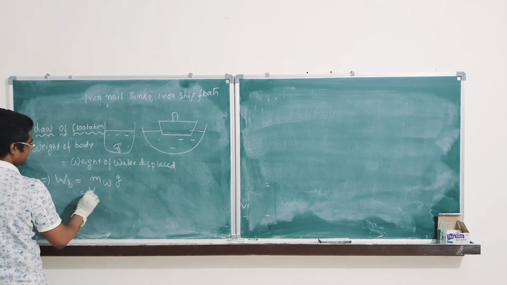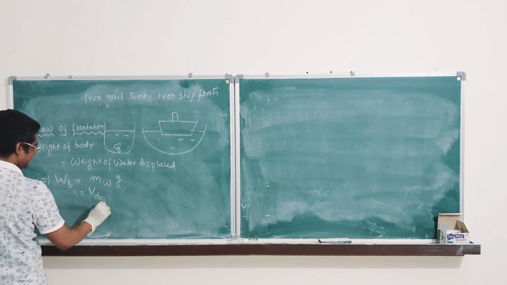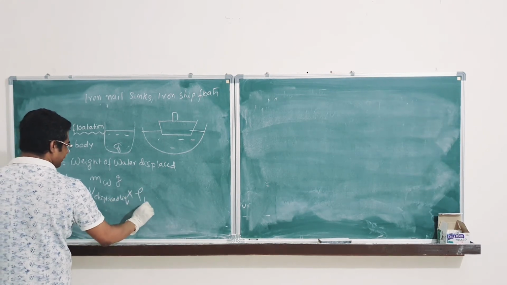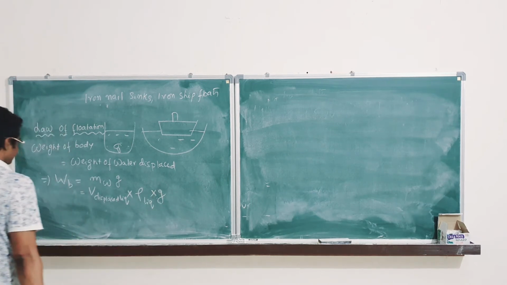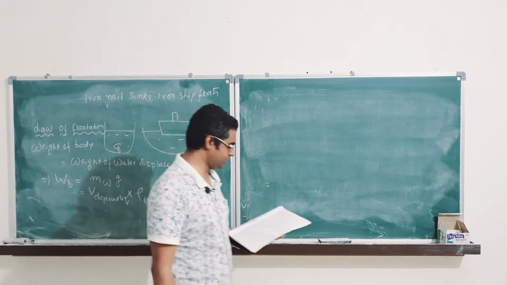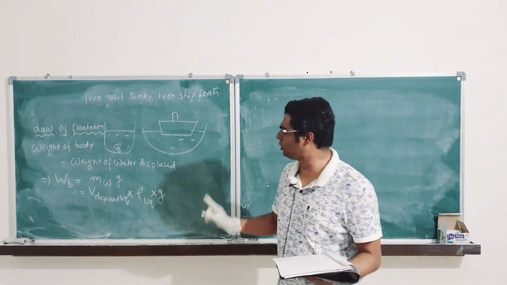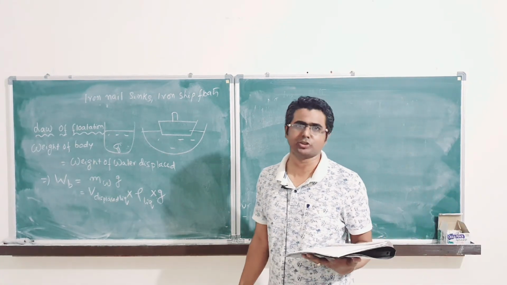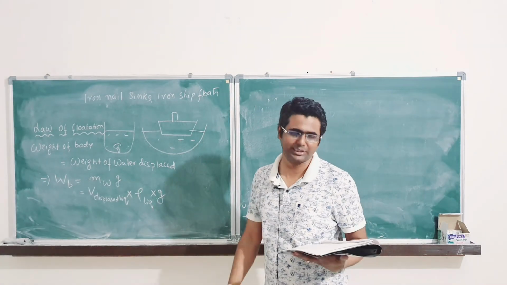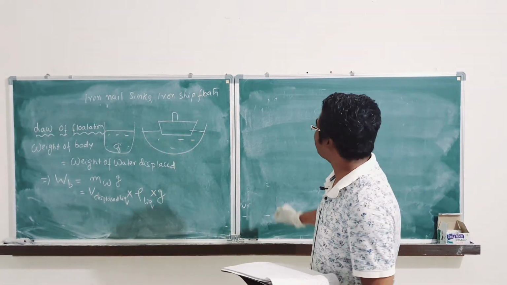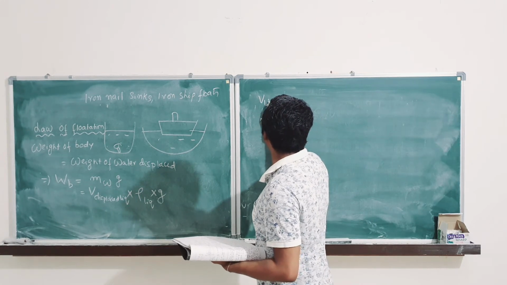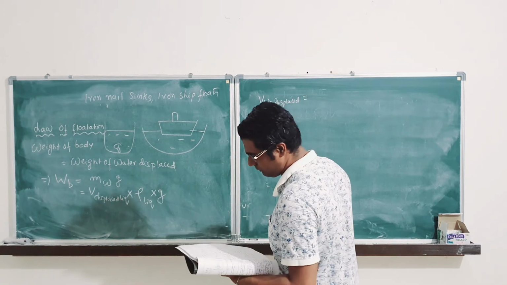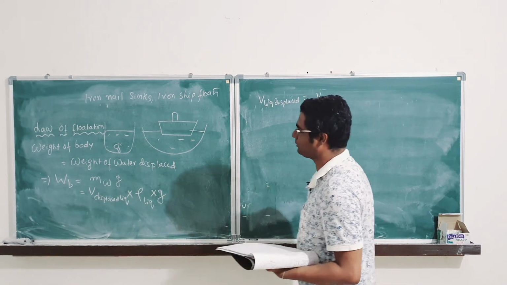Mass of water displaced means volume of the displaced liquid into rho of liquid, into G. I don't want to make any mistakes, because you should write this answer absolutely like this, then your concept will be crystal clear. Otherwise it is not. ऐसा ये पैराग्राफ लिख दिया बुक के जैसा, ऐसा तो नहीं चलेगा यार. Clear? Now what is the volume of liquid displaced? The volume of liquid displaced is nothing but the volume of submerged part.